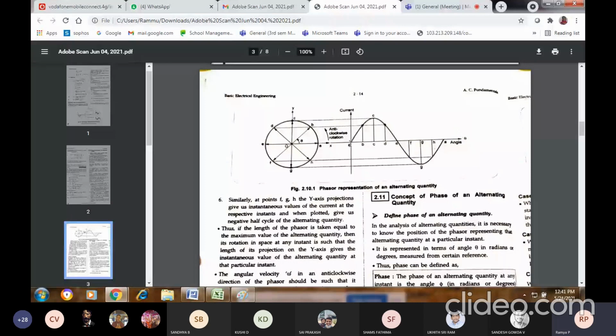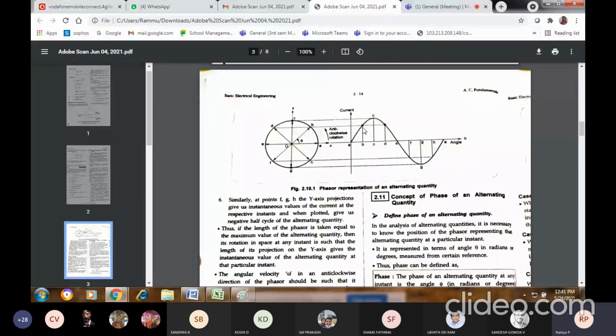Okay, I'll go for B. If I go for B, what is my current? Some amount of alternating current is present here. And if you want to find out the length of the phasor, which represents the maximum value of an alternating quantity,